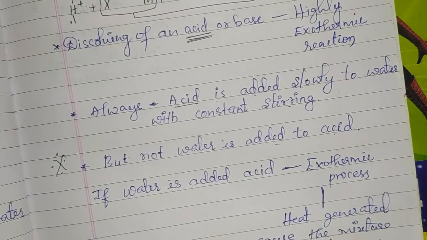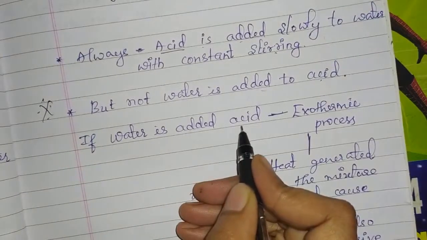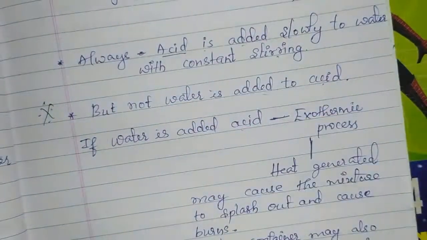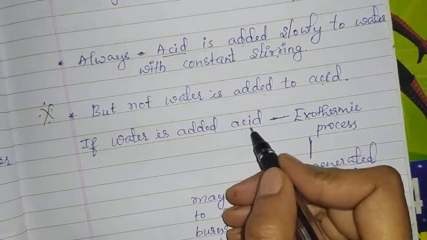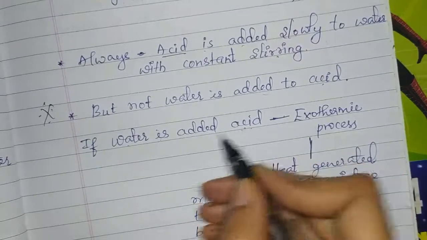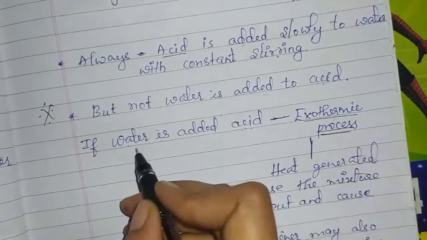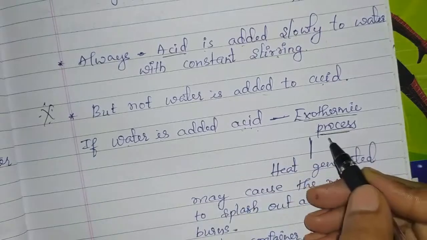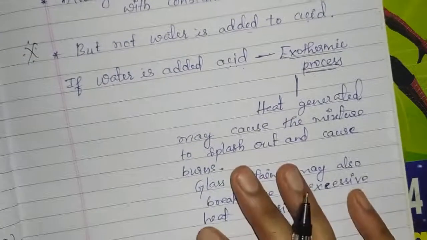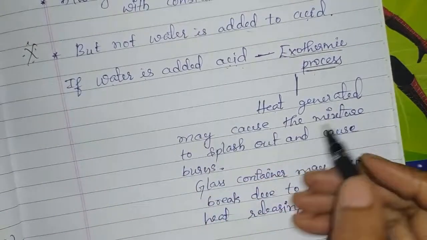It is also common sense and it should be followed in labs. Actually, we have to add acid to water. But if we add water to acid, what happens, we will see now. When water is added to acid, actually this dissolving of acid in water is an exothermic process. A huge amount of heat is generated, and it may cause the mixture to splash